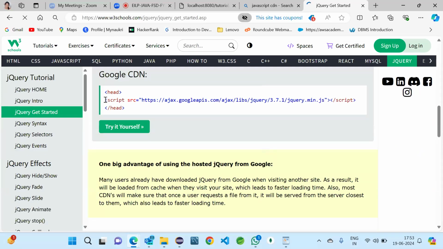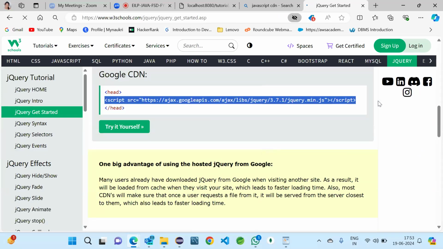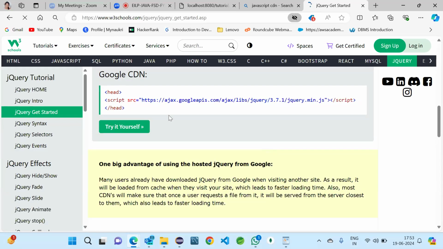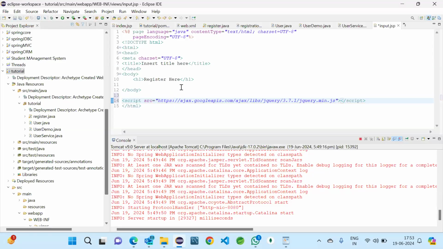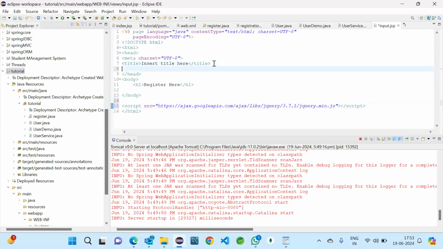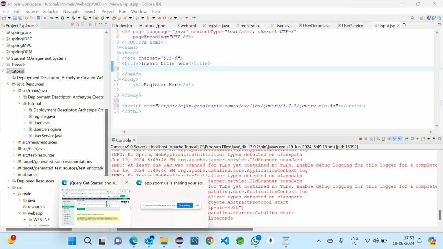Okay, this one. Can you see the script tag? This complete tag we can copy and paste in our project. When we are working with a project, we usually keep the JavaScript script tag below the body, and the style sheet goes inside the head, after the title. So here will come the style sheet, which will be taking Bootstrap.